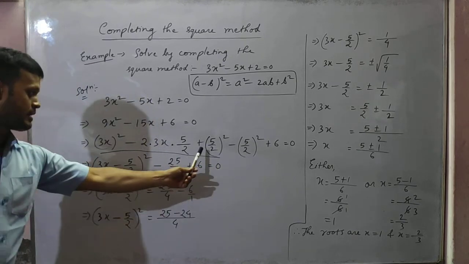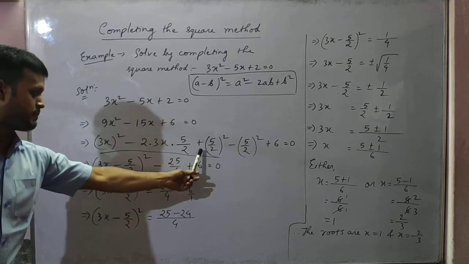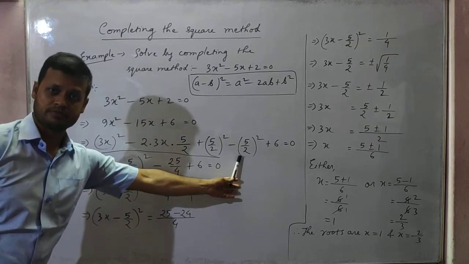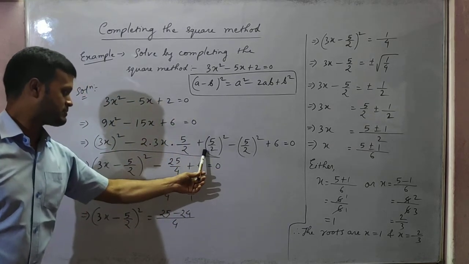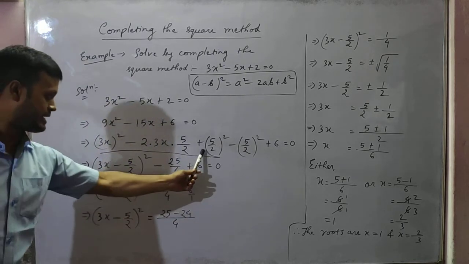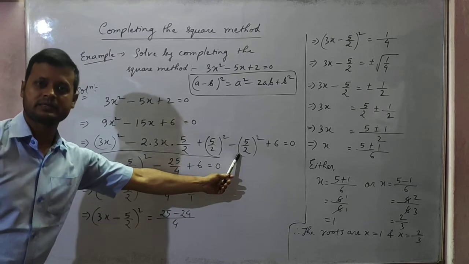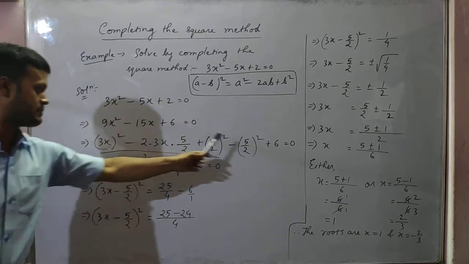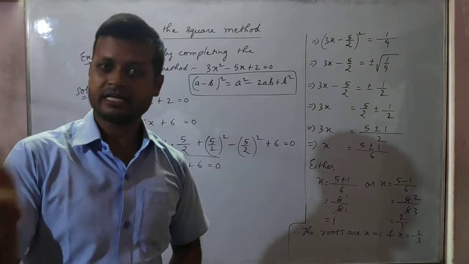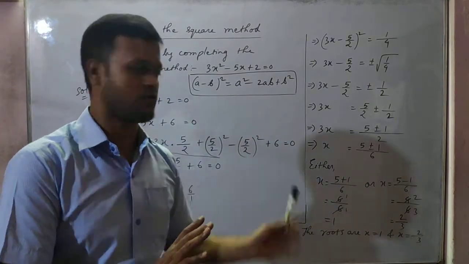See here, this minus sign is there, no? Okay, plus 5 by 2 whole square I wrote. This plus 5 by 2 whole square is not there in the upper line. So once again I subtracted this also. In this line it is there or not? Not there. So I added it extra, no? So I have to subtract it. That's why I subtracted it. And this plus 6 is here. Nothing extra I have written. I am just managing from whatever is there.